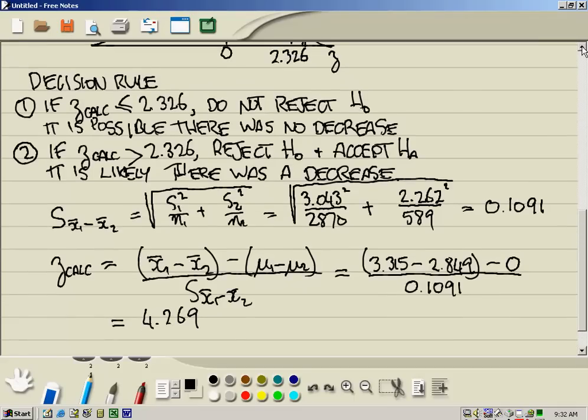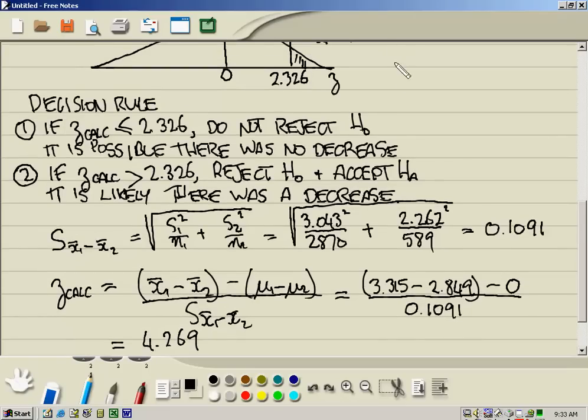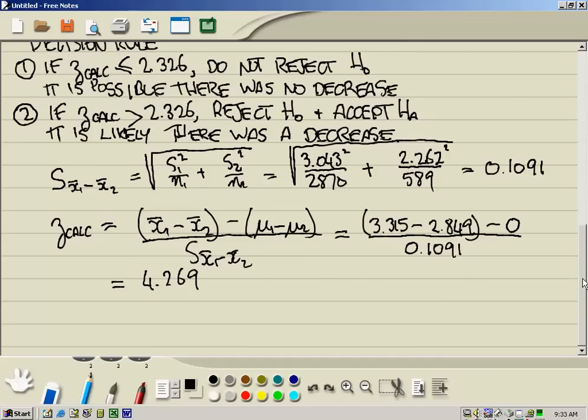Scrolling up a little bit, 4.269 is clearly way out there in the upper tail. Okay, and we'll follow the second part of the decision rule to reject the null and say it's likely there was a decrease. So decision,